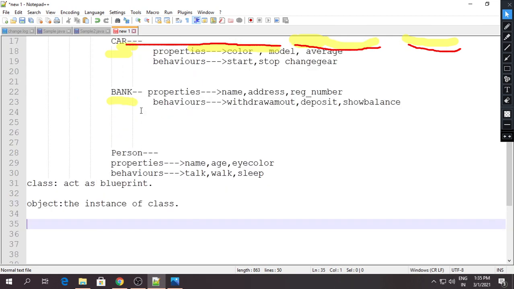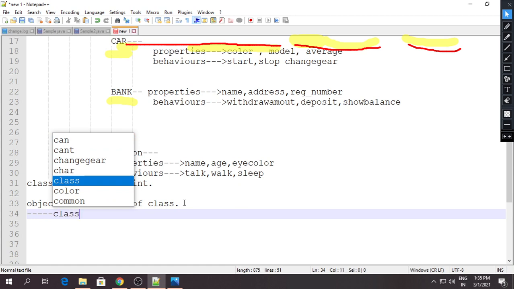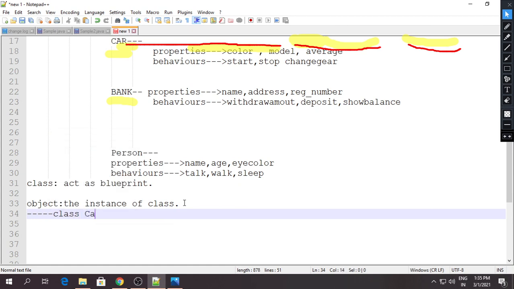So if I consider a car as a class, then the object is an instance of the class.